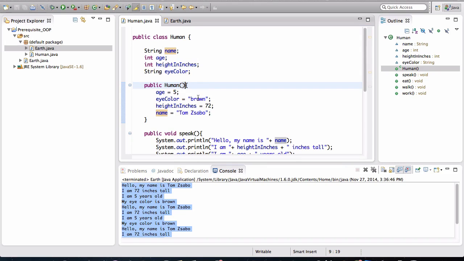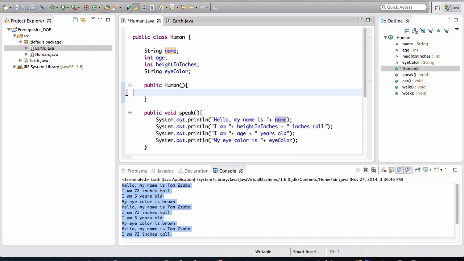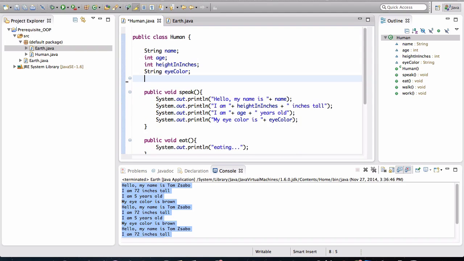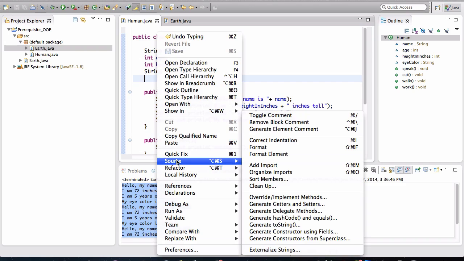So going back to the human class, I don't want to just hard code these values here. I want to be able to assign these values. Let me show you how to do that. What I'll do is I'll get rid of this constructor from this class, and when you right click and you go to source, Eclipse provides a handy refactoring or code filling utility, and you go to generate constructor using fields. When you click that,